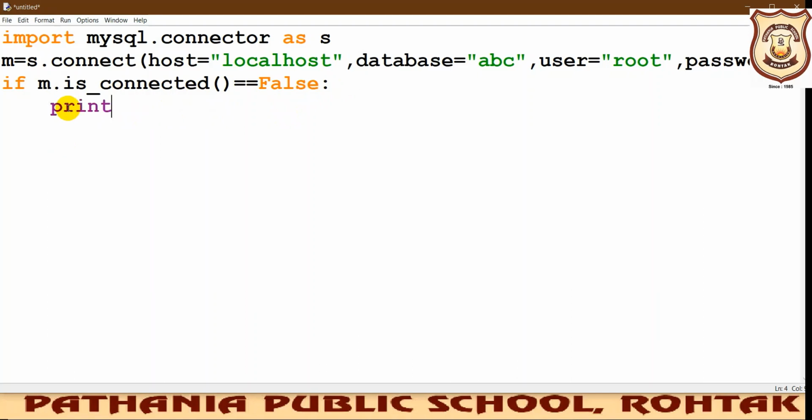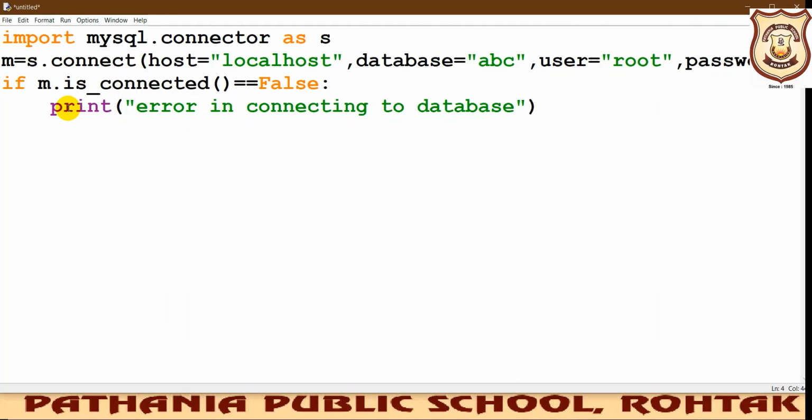It should print error connecting to database. So we are printing error in connecting to database.